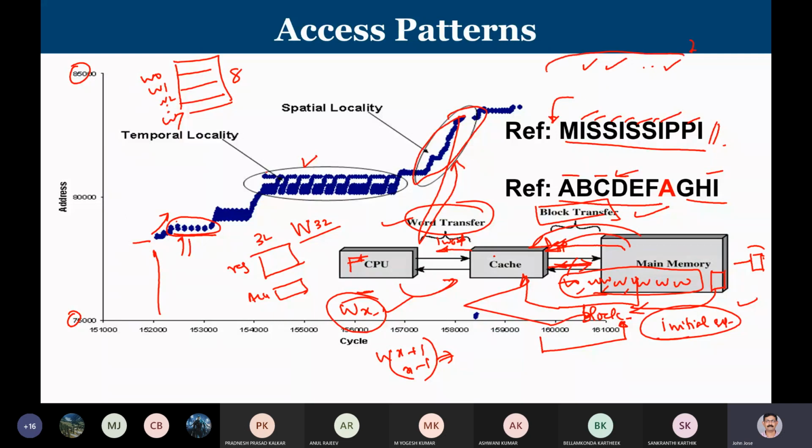So what happened here is, this much is one block of data. When I experienced a miss, or an absence of data in the cache, at that time I went to main memory and I brought a bunch of data, which is known as a block of data. And as per spatial locality, they were referred to and then quickly shown, because that was a hit in the cache. After some time, whatever the contents of the block were, that was over.